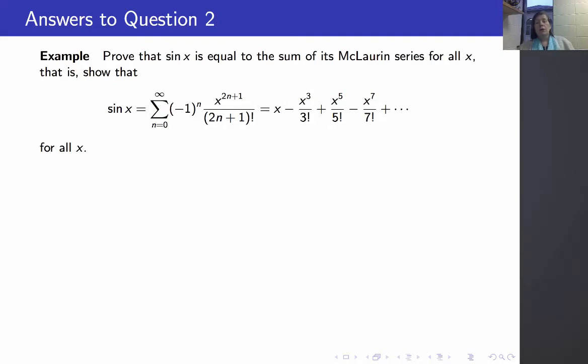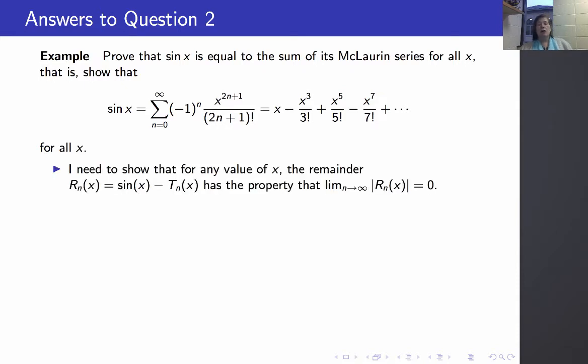Well, now we're going to use Taylor's inequality to prove that sine of x is the sum of its Maclaurin series for any value of x. So remember, the Maclaurin series for sine of x, centered at 0 of course, is the alternating sum x minus x cubed over 3 factorial plus x to the 5 over 5 factorial minus x to the 7 over 7 factorial, etc., etc. I would like to show that for any value of x, this series converges to sine